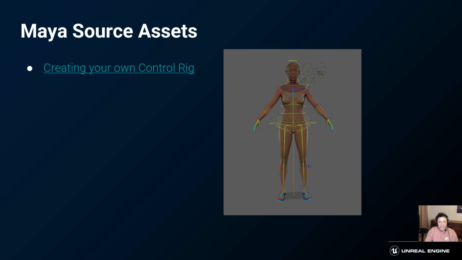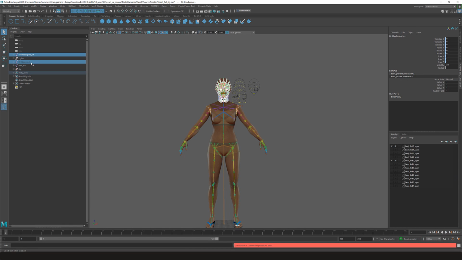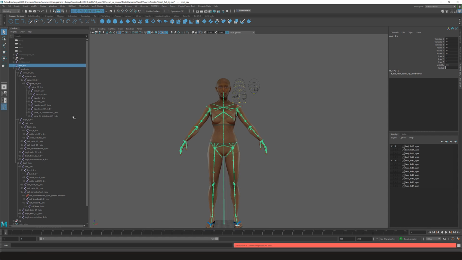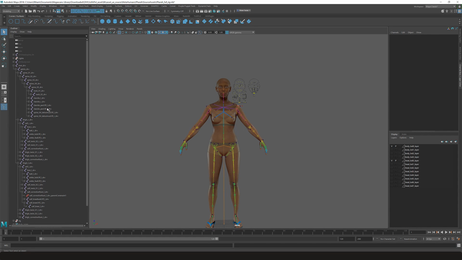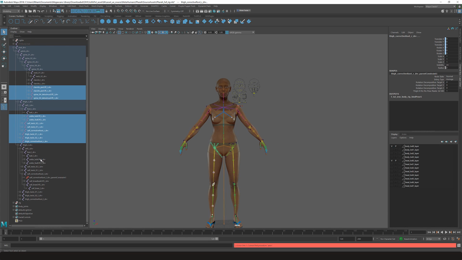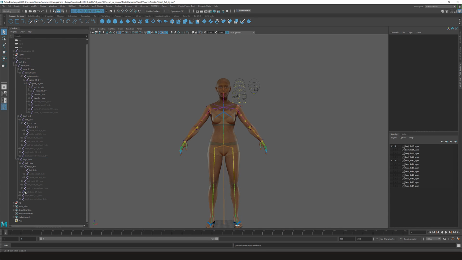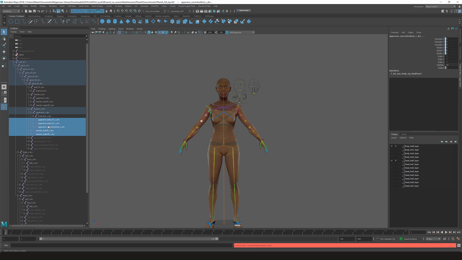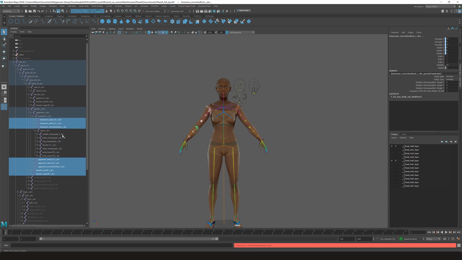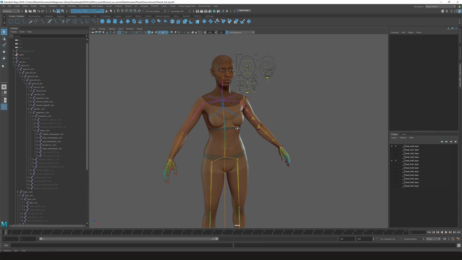We get this question a lot: how you can create your own Maya control rig. It's quite a simple process. All you need to do is just use the main frame of the driver skeleton. As you can see in the video, I am hiding all of the leaf joints. Any joint that has a corrective in it or twist in it, I'm hiding it. Then you will be able to see the main frame of the skeleton.